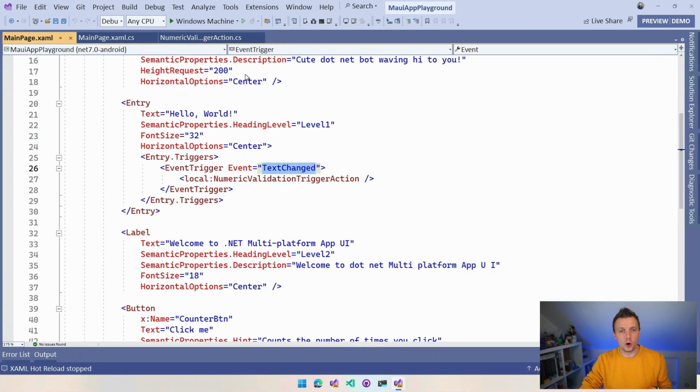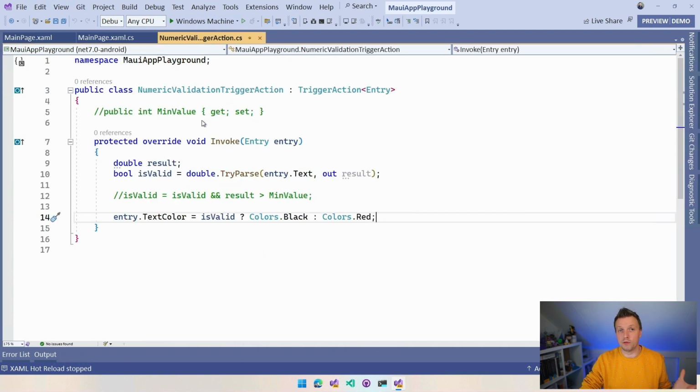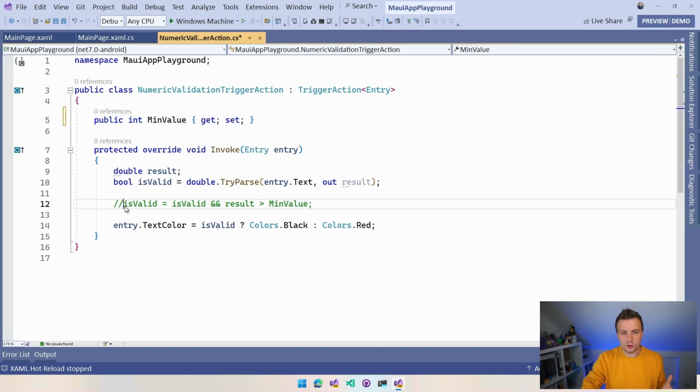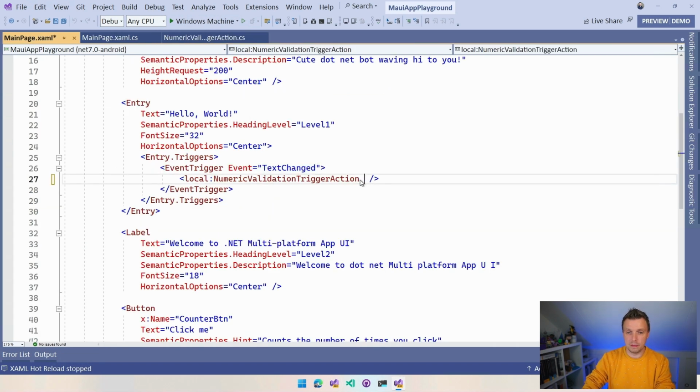But you saw also some code in Commons, right? So what you can also do is provide some extra information here. Whenever you provide a property here with a min value, for instance, you can suddenly check in your logic, hey, was it valid here? If not, it's going to be false. And is the result more than this minimum value? And now in your example, you can say, hey, I want to have this minimal value here. So I can say min value is 5. So now it will not only check if it can parse and if it's a number, but it will also check if it's more than 5. So whenever I put in 1, 2, 3, 4, or 5 itself, because it had to be more than 5, right, it is going to be red as well.